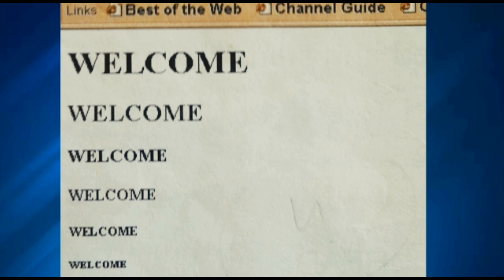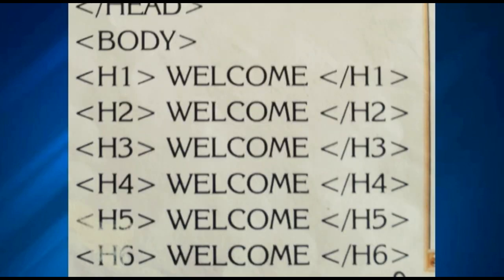So how will you manage to give all the headings in heading styles? Look at this code. Like we are denoting every heading with the number H1, H2, H3 with the opening and the closing tag. So however many headings you have, you can denote them by giving numeric digits, like we have done here. I hope you all have understood.